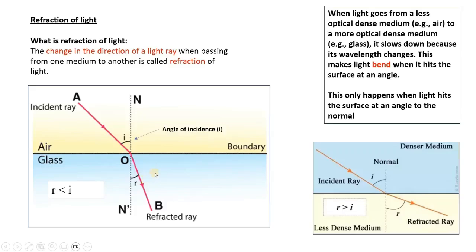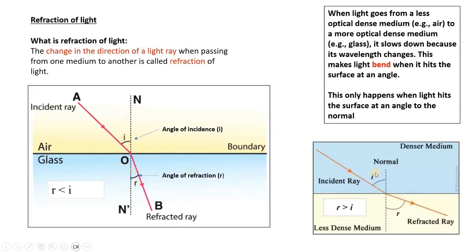Alright, in terms of the definitions, this angle labeled I is the angle of incidence. And now this angle here is not the angle of reflection. We call this now the angle of refraction. And we can see that the angle of refraction in this case is smaller than the angle of incidence. It is because the light ray was bent towards the normal. And why did it happen? It's because the light ray went from a medium of low optical density to a medium of higher optical density.